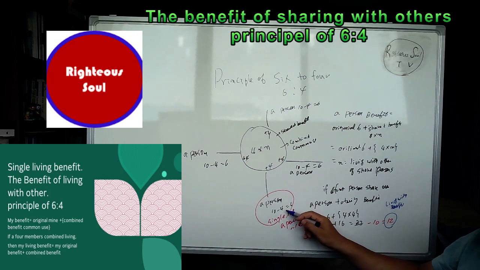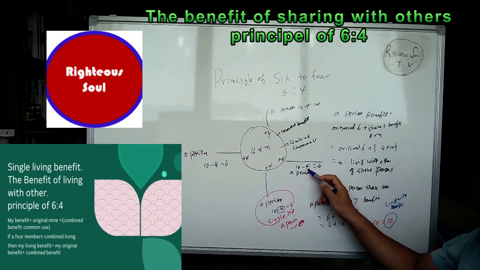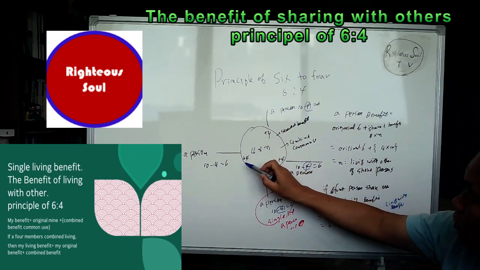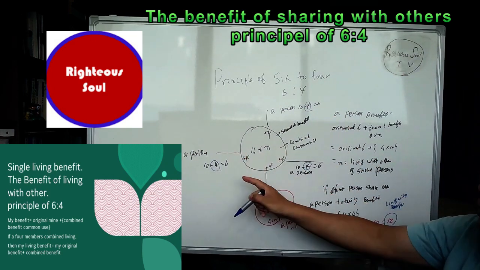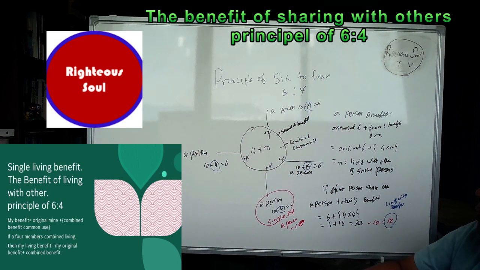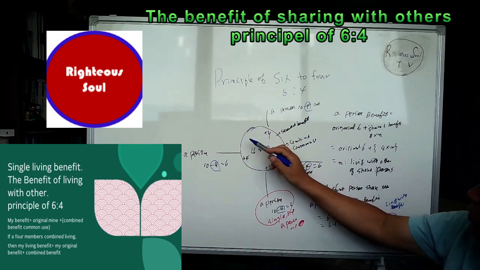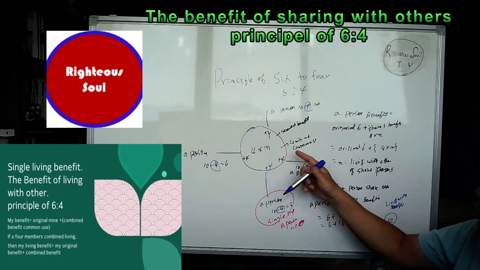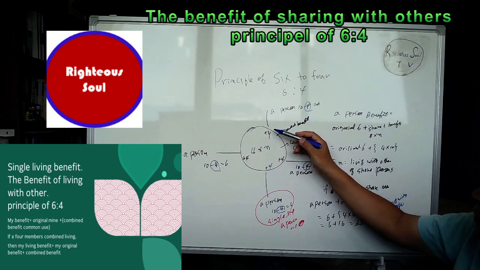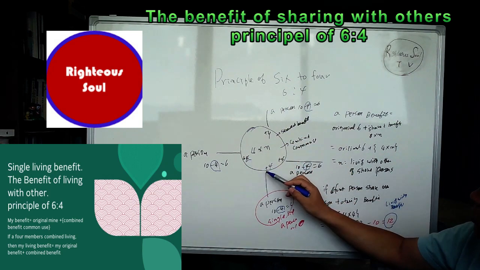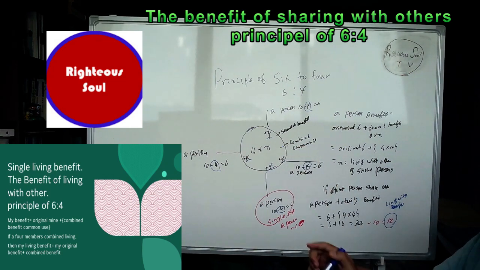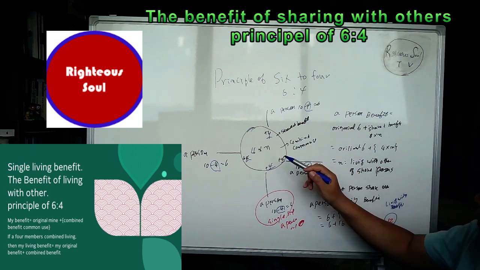a person minus 4, minus 4, minus 4, minus 4. Here minus 4. This minus 4 is plus. Here is combined, the common use of energy or shared benefits. The energy is plus 4, plus 4, plus 4, plus 4. It's 4 plus 16 added in these places. So then here n is